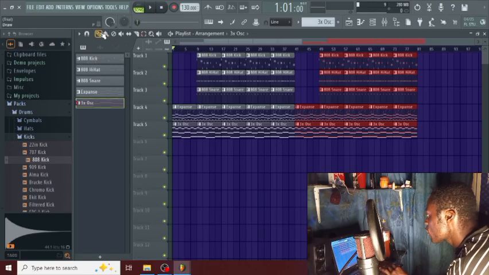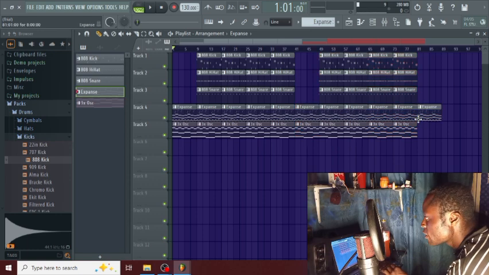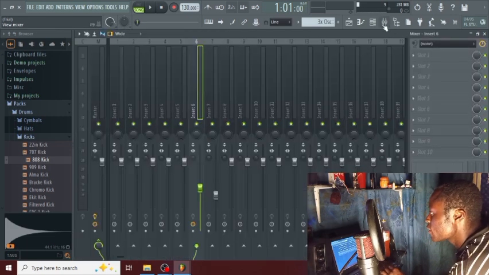That's it. I'll click on this icon draw, click on expands, click here, click on my second melody, then click here. I'm going to remove the hi-hat, remove the snare. That's okay. The next step,